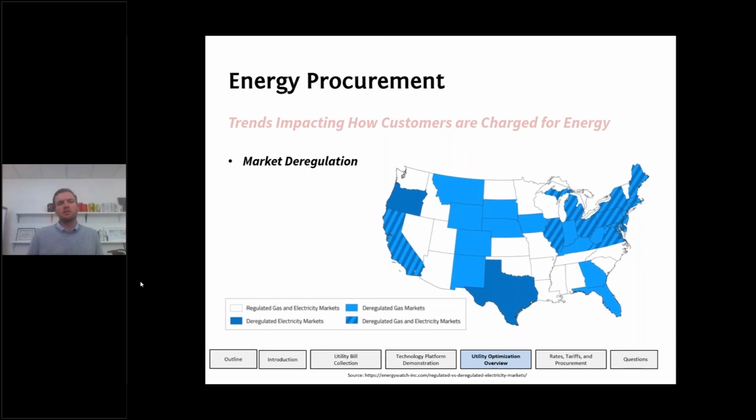This has been something that's really been evolving over the last several decades. The passage of things like the Energy Policy Act in 1992. In 2001, Michigan decided to deregulate their entire natural gas market, as well as 10% of their electricity market. And these things are continually on the floor of state legislatures and talked about and